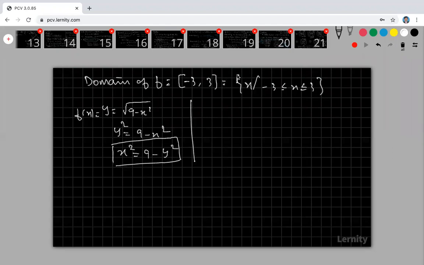Right. And look at that. Just now we have discussed my 9 minus x square is greater than or equal to 0. So therefore, apply here 9 minus x square, and your x square is 9 minus y square. My 9 minus y square is greater than or equal to 0. So what is the answer? 9 gets cancelled. My y square is greater than or equal to 0. What is the meaning of this? What are the y values satisfying this y square greater than or equal to 0?